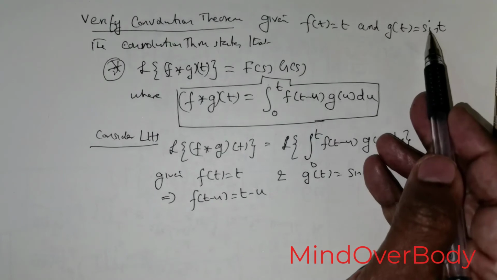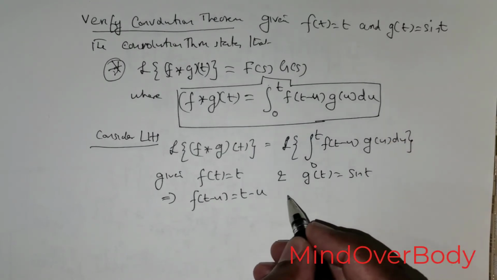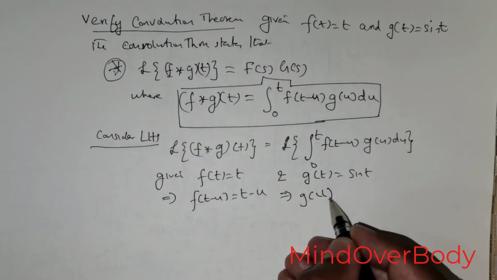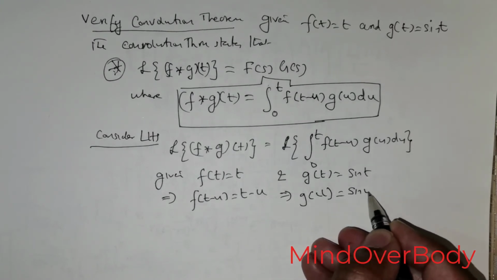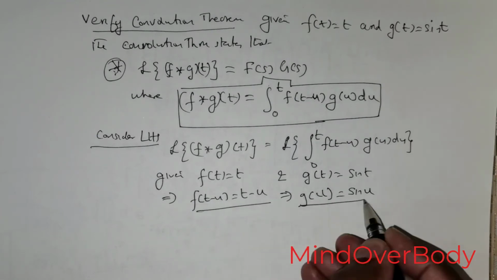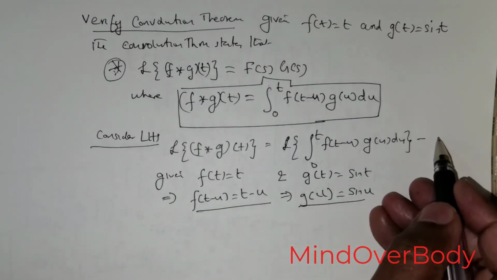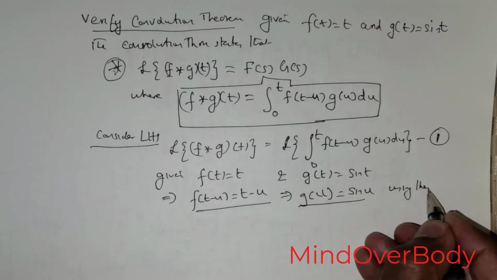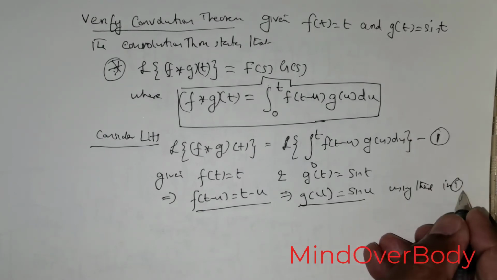It's given, right? So this would mean g of u is equal to sine u. So if I take this as 1, using these in 1, we get,